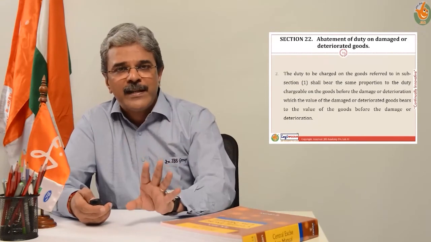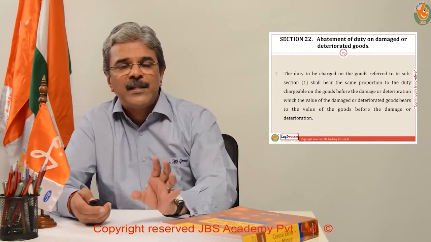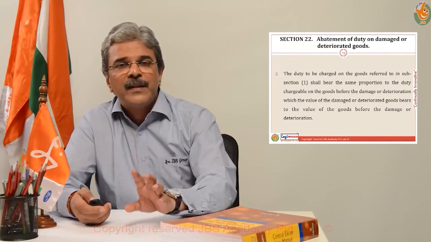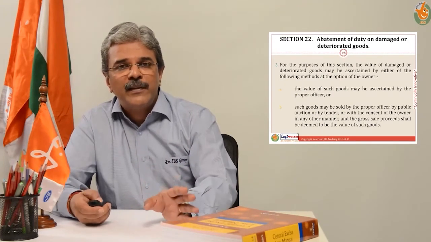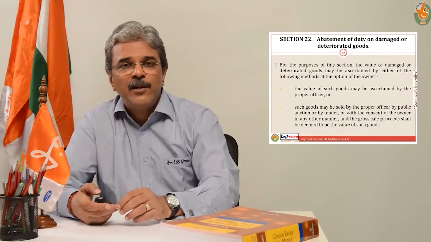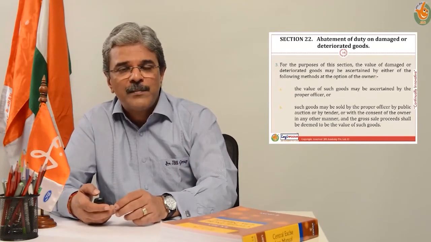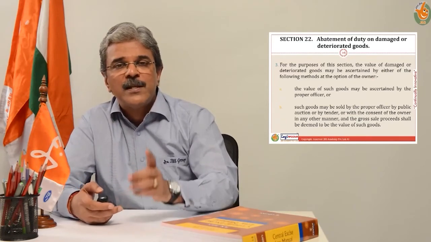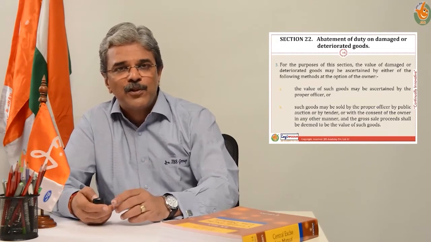In all such cases, an abatement in the value of the goods to the extent of the damage is to be given on the bill of entry and duty shall be charged thereon. The damaged goods can be auctioned by the custom officer to recover the balance dues. It also means that if the damage happened in the custody of the custodian, who may be the port in case of bills of entry under home consumption, or the warehouse keeper in case the goods are lying in a warehouse, that person would be liable for payment of customs duty on the damaged portion.